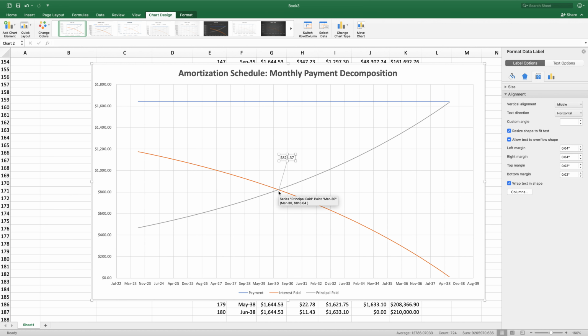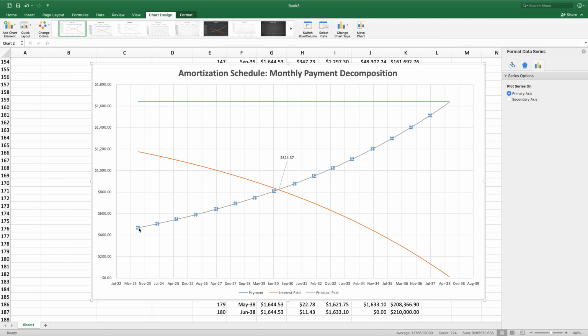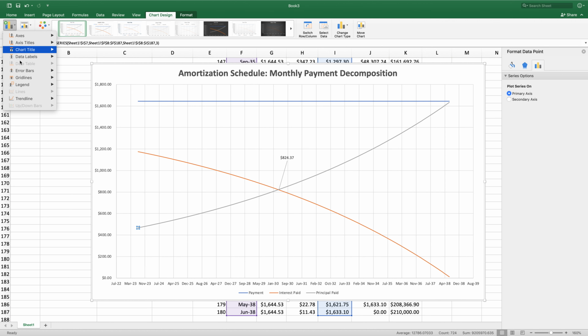Here the two are close to being equal. Beyond this date, April 30th or so, the interest component is going to be a smaller share of the total payment, while the principal component will be a larger share. Before this date, the interest payment is going to be the larger component, the majority of it, while the principal component is going to be the minority. If I double-click right there and add a data label,